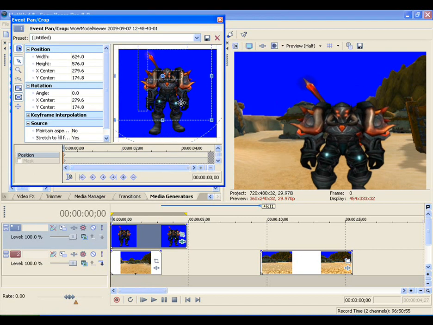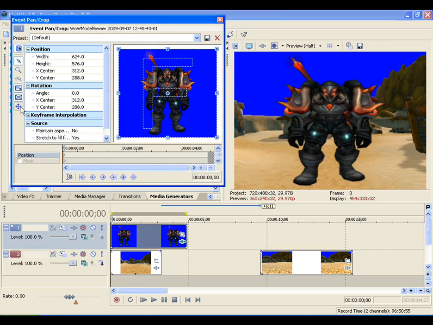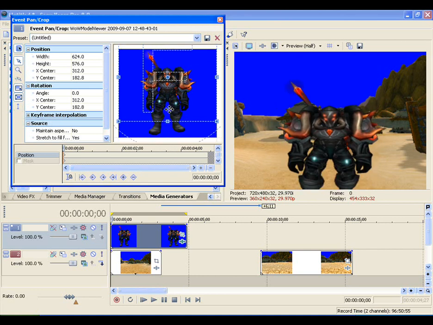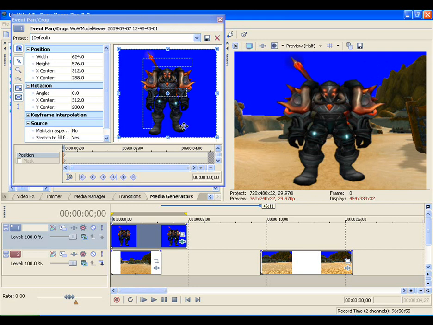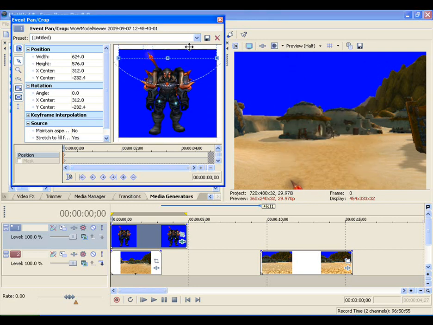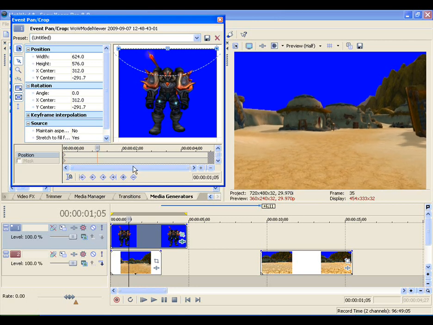and the trick is, once you're on your first frame, when you try and move the footage down, you won't get it in a straight line. So what you can do is click here until you've got the arrows pointing up and down. This will lock your axis so you can only move the footage up or down. So what you need to do is move your footage down so it's completely out of sight, not too far over, otherwise you'll never get it back. So just about here, so for the moment it's out of sight,